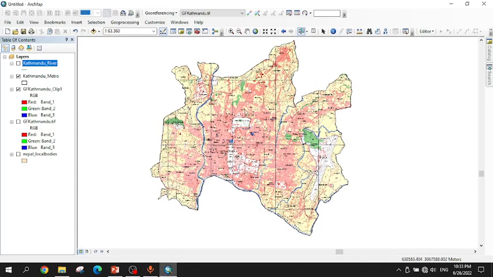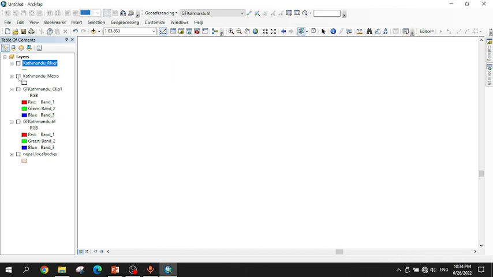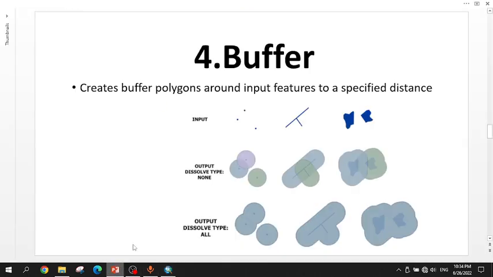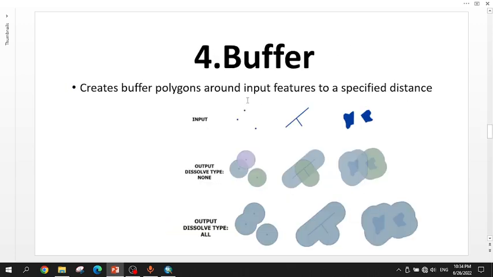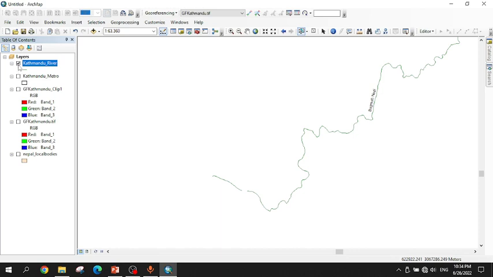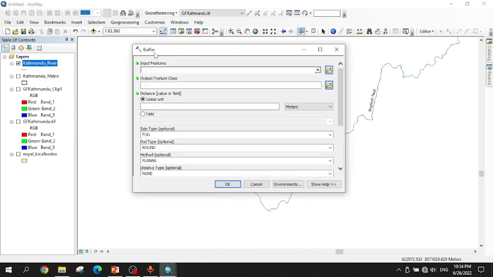For the buffer, at first you have to untick this, and you have to take the Kathmandu river. Just this Kathmandu river we have clipped from the clip vector by using this tool, the clip vector. So check this, and for the buffer you have to go to Geo Processing. You have to choose the buffer, and in the buffer you have to drag the Kathmandu river,